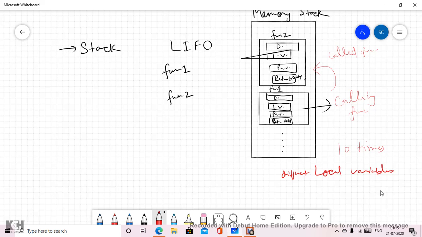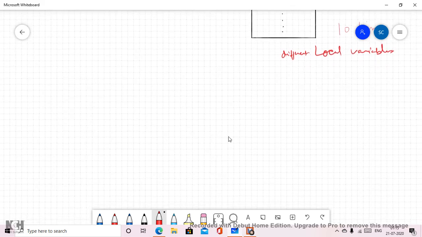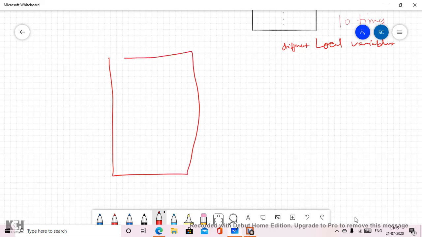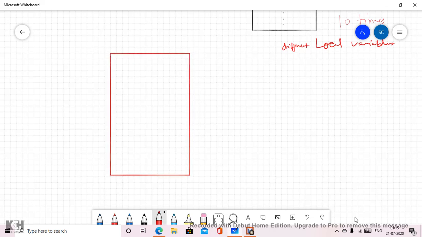Okay, now let us see one example. Let's say this is my stack structure again. Now in this stack, suppose I have called a function which is recursive for factorial, and let's say my n is 5 over here.